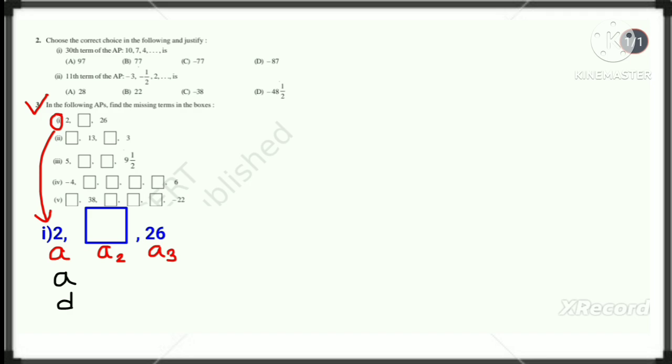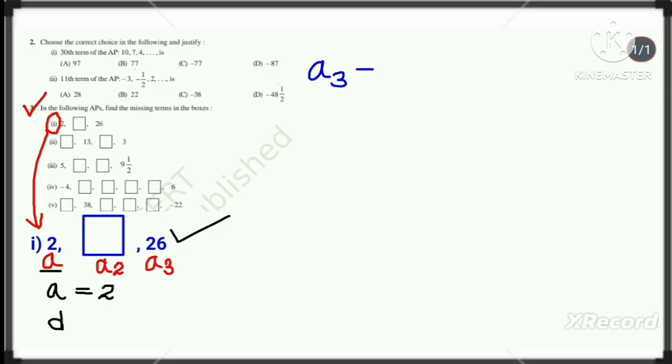And here in this AP, first term, that is A, has been given, which is 2. So here we just need to find its common difference so that we can obtain its second term, right? And students, actually we can solve this question by two ways, by using formula or by using general form of AP, right? And here I am going to solve this question by using general form of AP, and according to general form of AP, this A3 can be written as